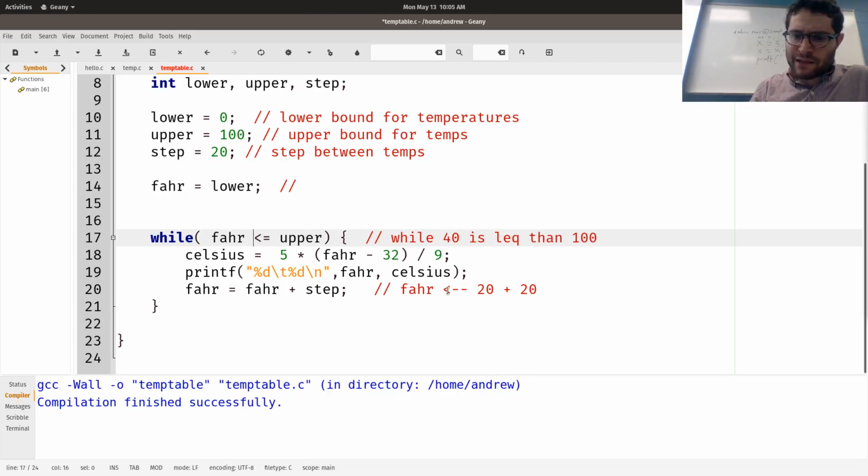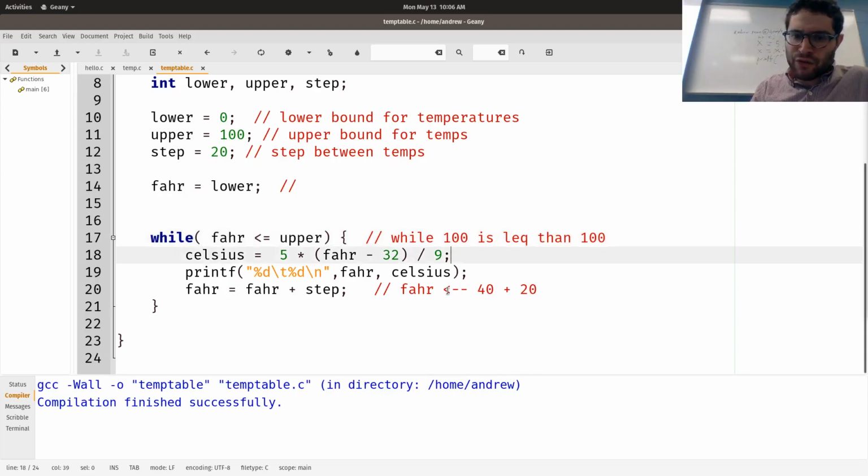It's 40. Is that less than or equal to 100? Yes, it is. And then we do the same thing again, where we get its Celsius value for 40, print it out, and then increase it by 20. Get the value from Fahrenheit, it's 40, add 20 to it, it becomes 60. Then we ask, is 60 less than 100? And then we ask, is 80 less than 100? And then we ask, is 100 less than or equal to 100? It's not less than, but 100 is equal to 100, right?